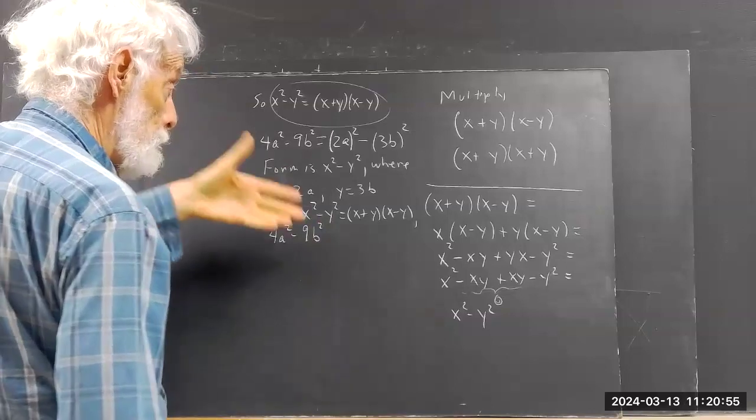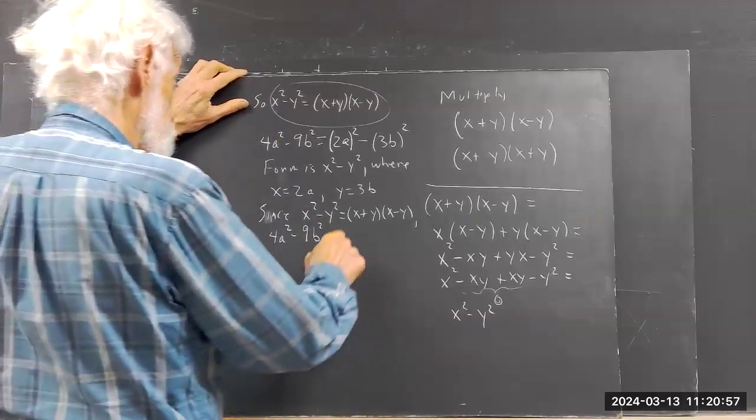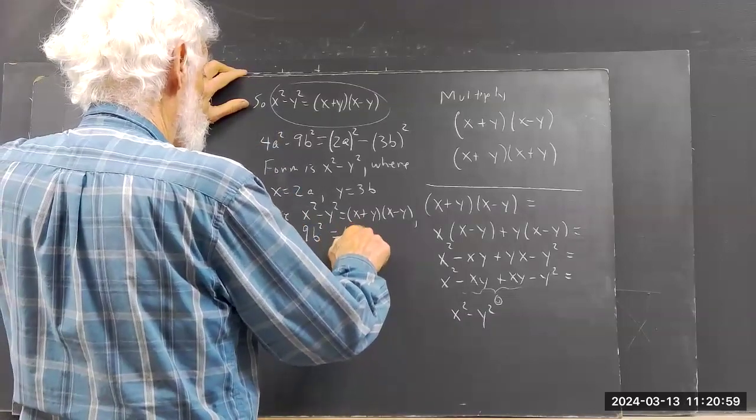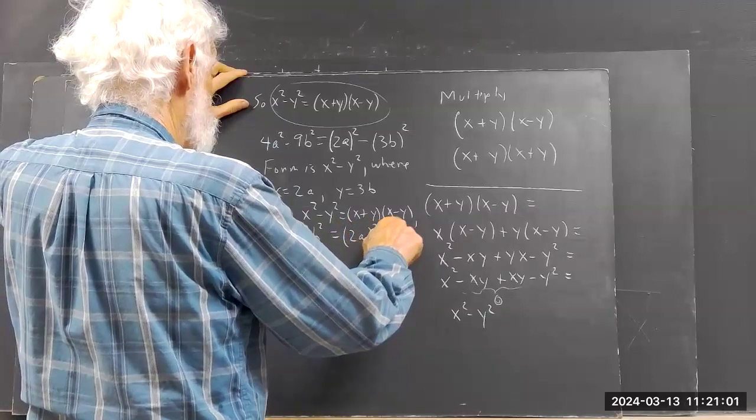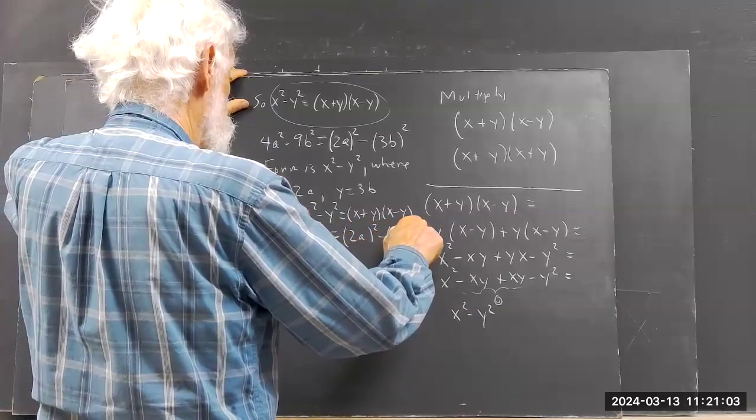Or 4a squared minus 9b squared, which equals the square of 2a minus the square of 3b,